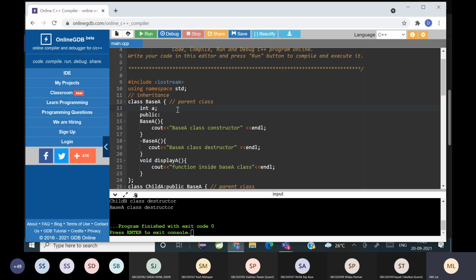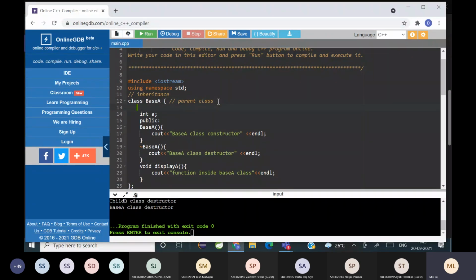So since I am doing inheritance, if I make a variable private, it cannot be accessed inside the child class. So in order to make the base class data members accessible to the child class members, you will use an access specifier called protected.